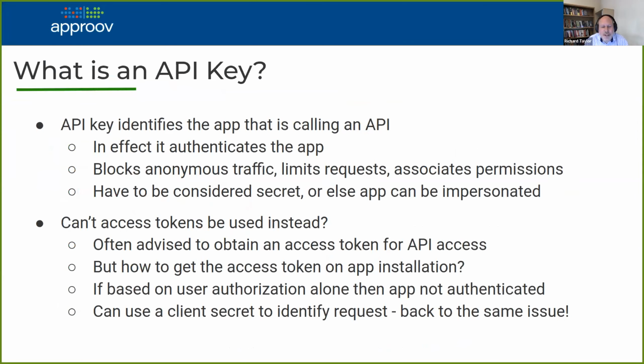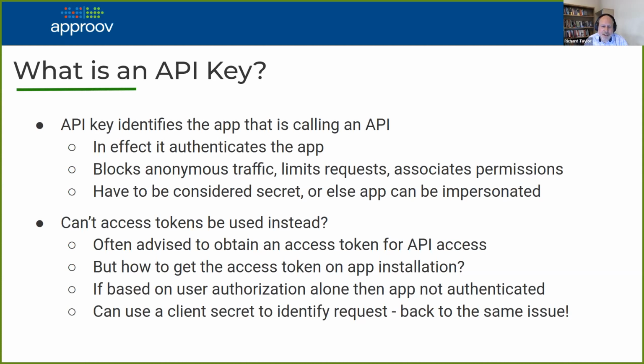So in addressing this topic, one of the things to be concerned with is API keys. API keys are the mechanism that is typically used to be able to access a backend API. So normally when you use a third-party API or any API, you sign up and you get some kind of key, which is essentially a random string. It's essentially like a password. And in effect, this authenticates the app that's making the call, so that the API backend knows that it's this particular app that's making a call.